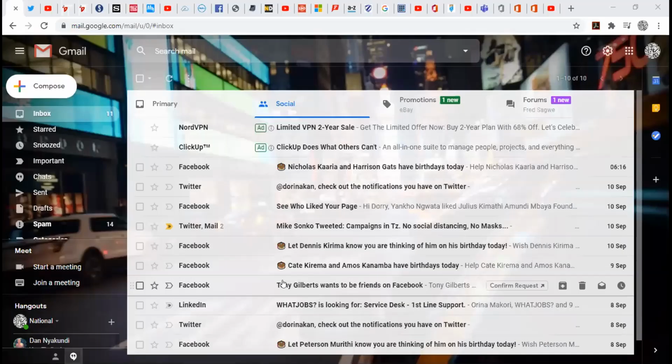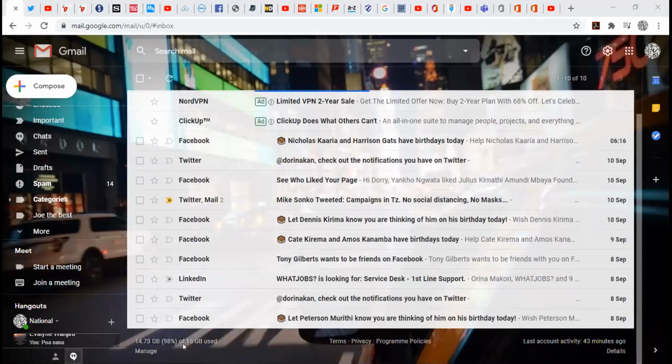So I want to also share my Gmail. Anytime you want to use a Google facility, the first thing is you have to log in. As you can see, this is my email and I've logged in. If you look at the bottom here, you can see I've used 14.73 GB of 15 GB.